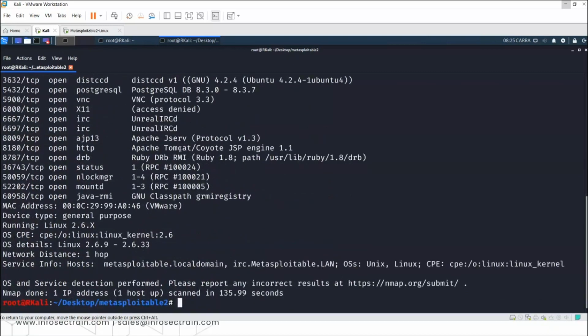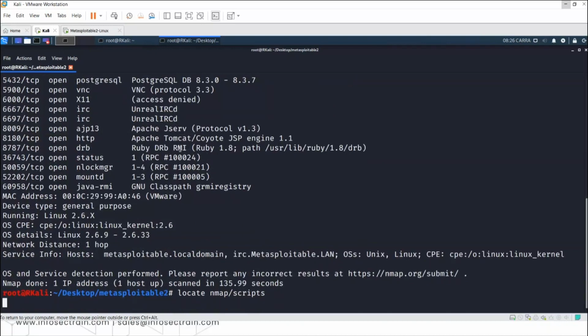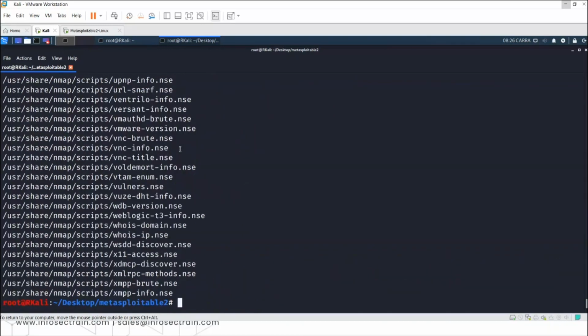Now, what I'm going to do, remember yesterday, the last thing that I was doing was something like locate nmap slash scripts. Okay, and enter, right? So once you reach this point,